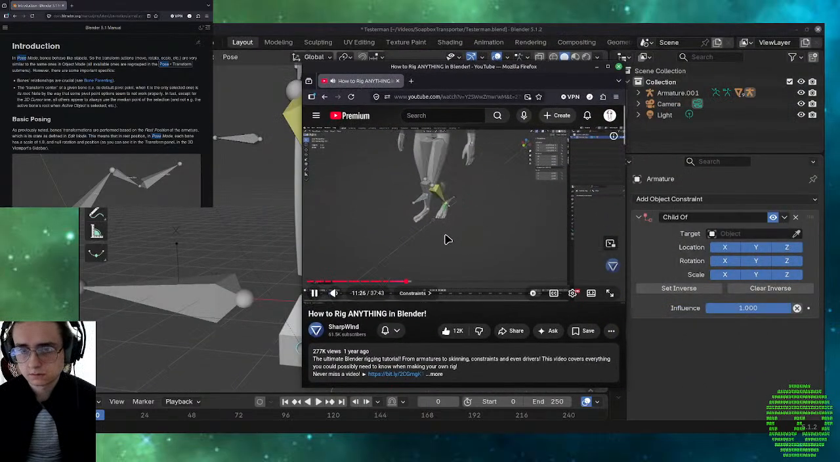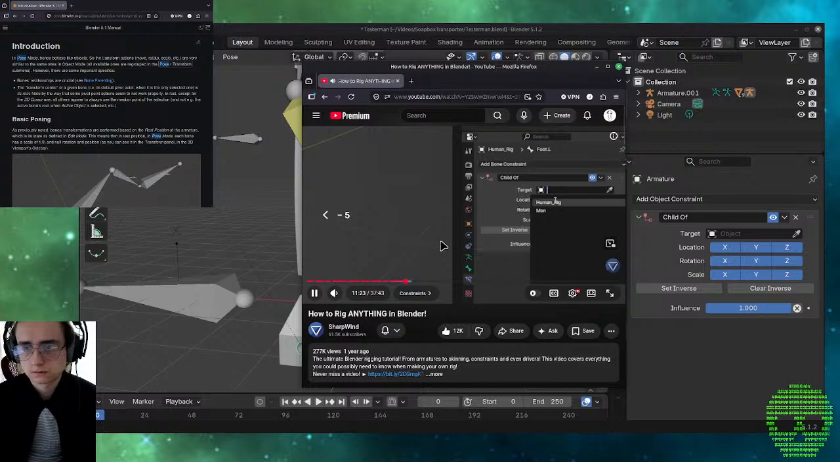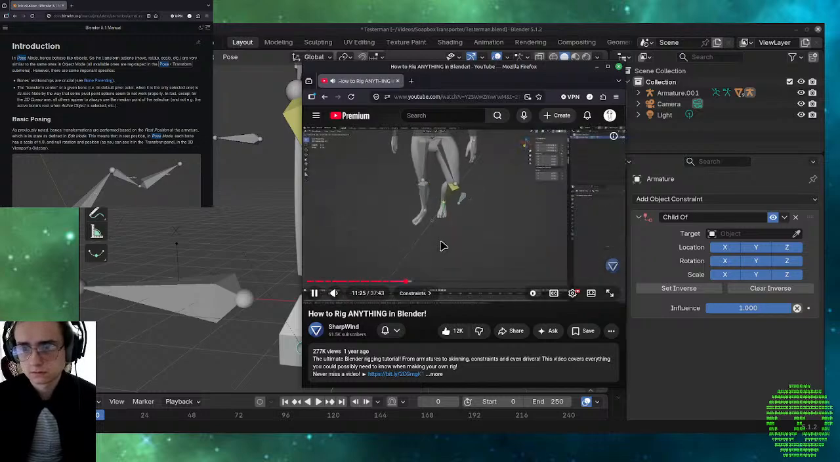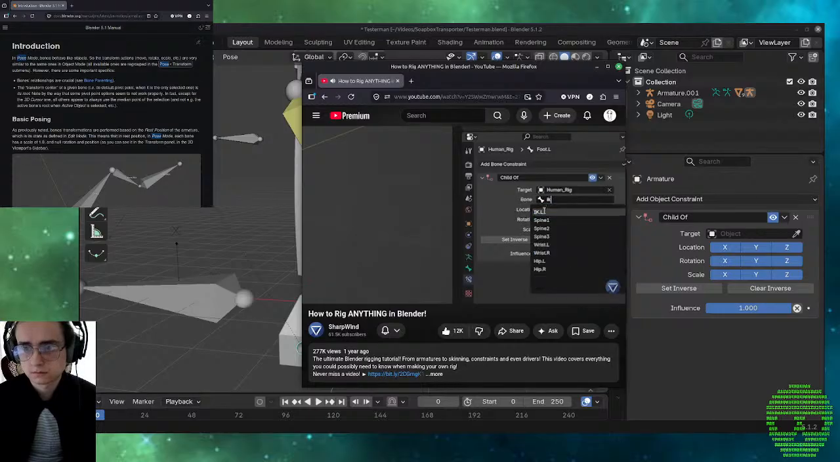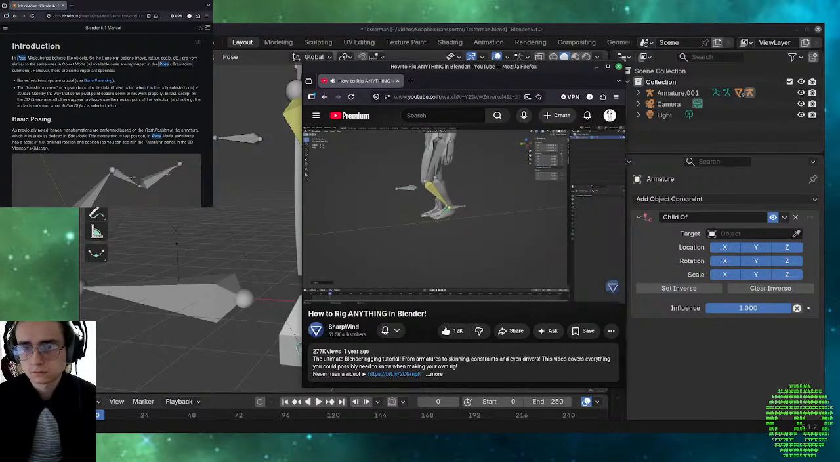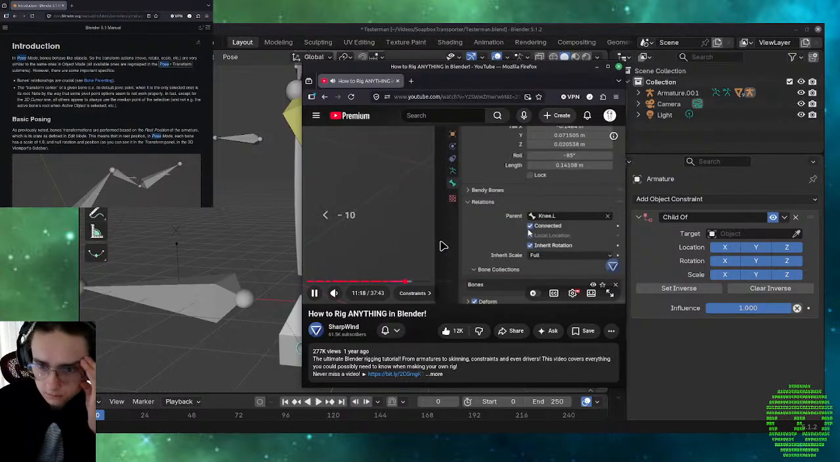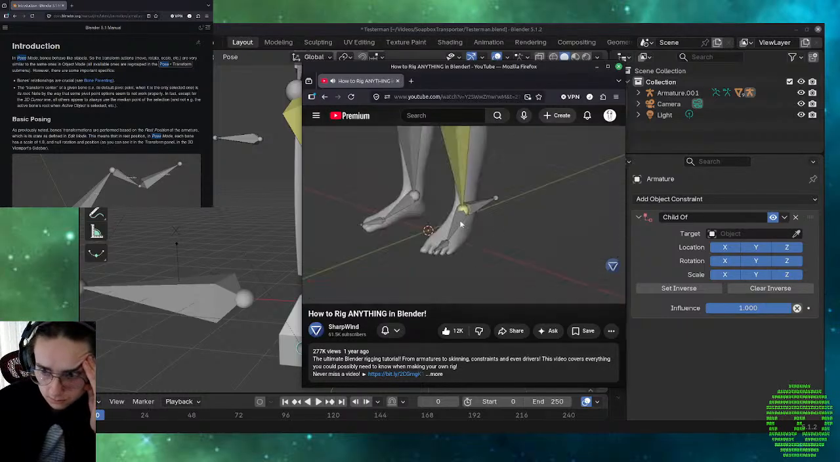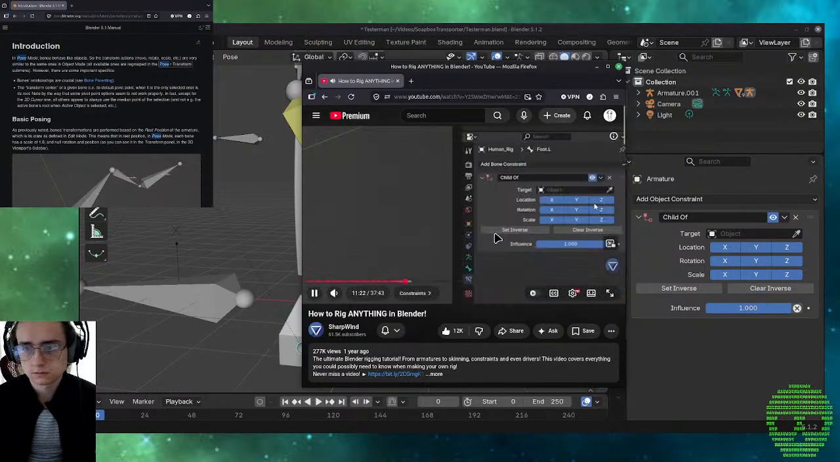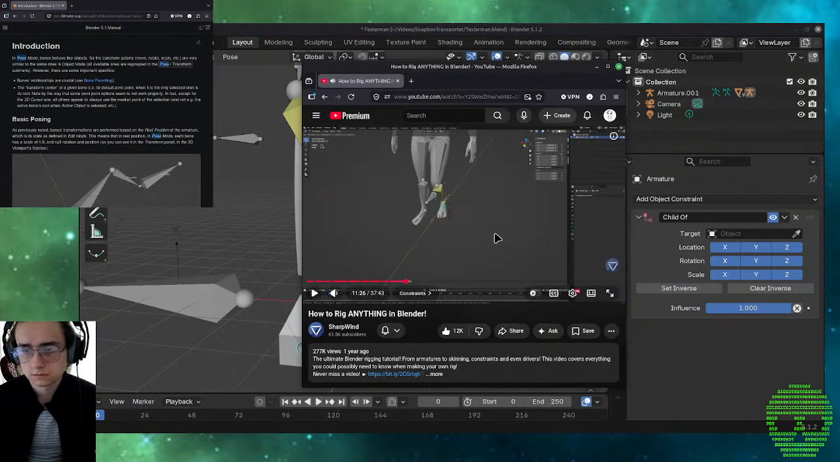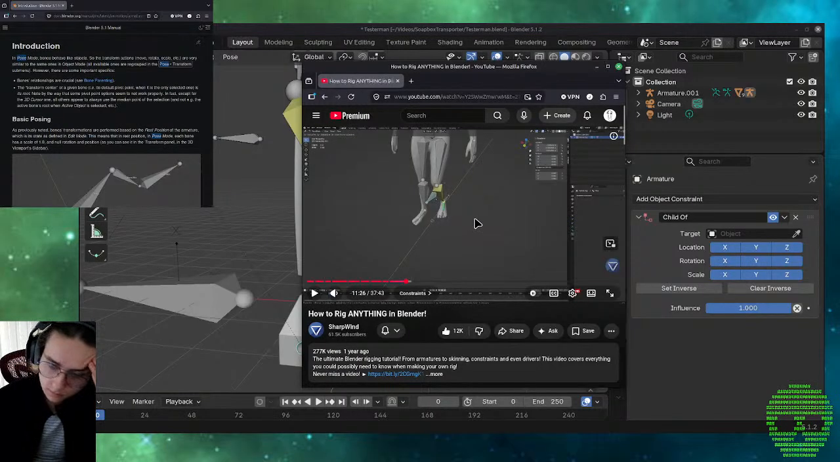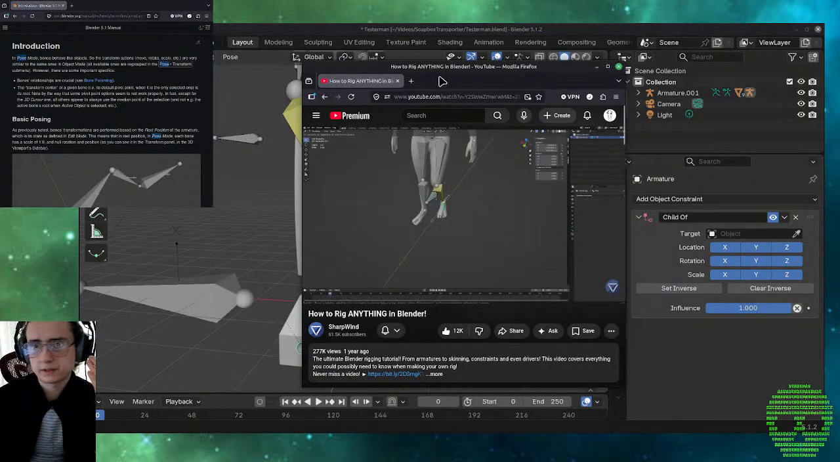The foot is no longer affected by the shin, but instead, in pose mode, give it a child of constraint, and make the parent the IK bone. The foot is no longer affected by the child of constraint mode. Disconnect the foot and remove its parent. Then in pose mode, give it a child of constraint, and make the parent the IK bone. Oh, but